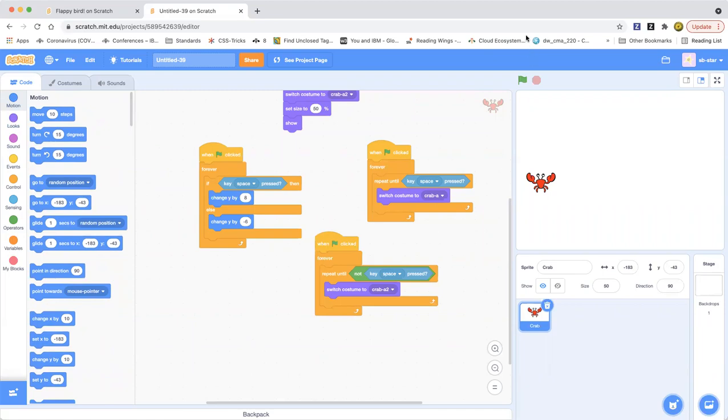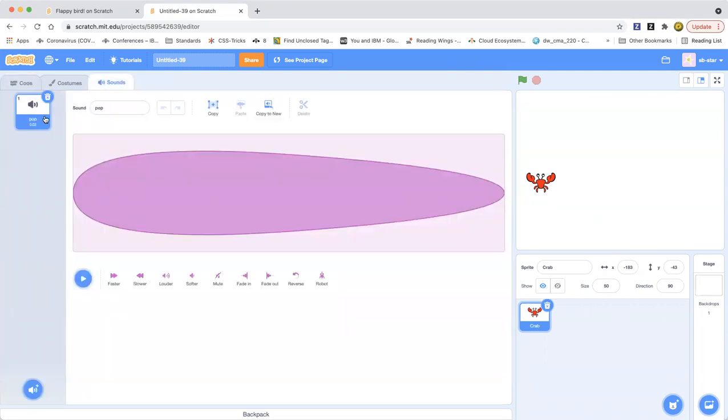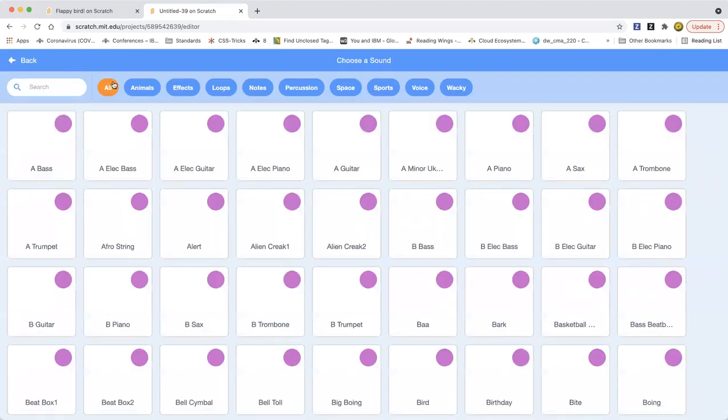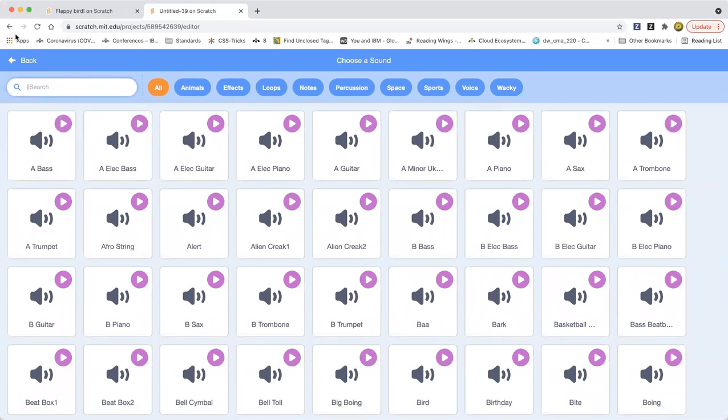So now what we can also do is add a sound effect, like if the crab is doing that, it can make a sound. I can use pop. Increase volume. Pop. That could be good if you can make it faster. You can just leave it like that because that's kind of good. That's the best sound I could find, but let's find a nice